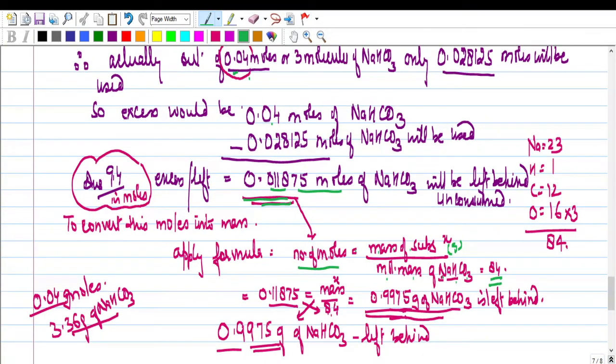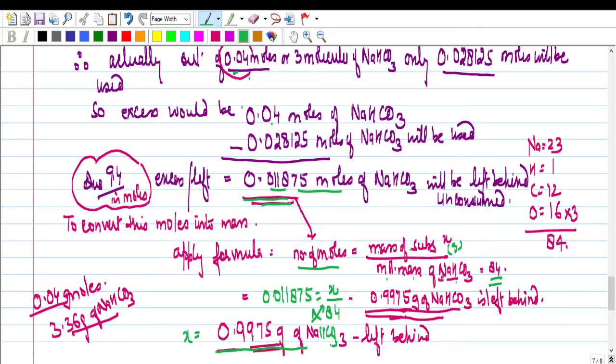So when we apply this into the formula, we get 0.011875 is equal to mass of substance, which we have to calculate, divided by molecular mass 84. We cross multiply, and x would come out as 0.9975 grams of